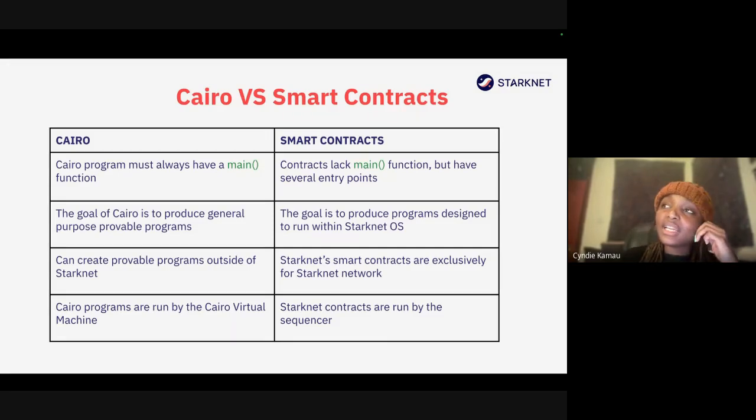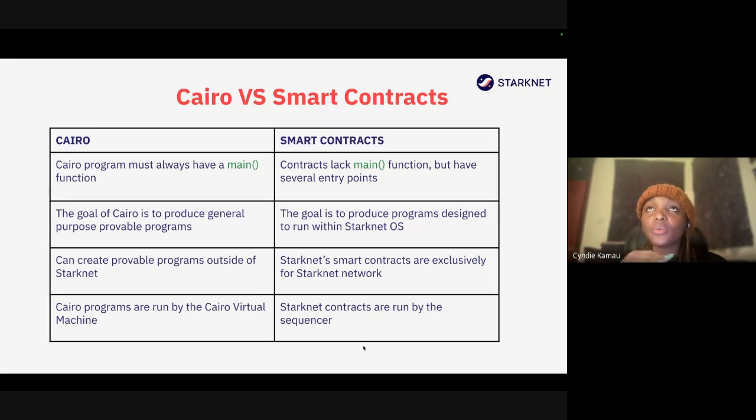Let's say I write a smart contract to record how many people are in this meeting. For everyone who joins, we update the Starknet network: we started with 0, now we have 1, now 2, now 3. To do that, we need the sequencer.